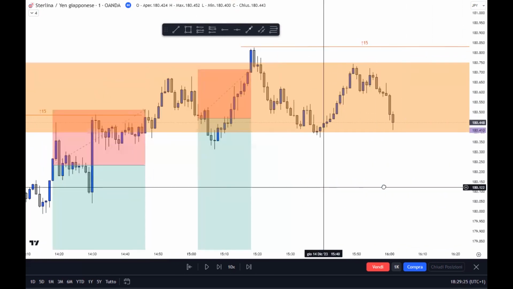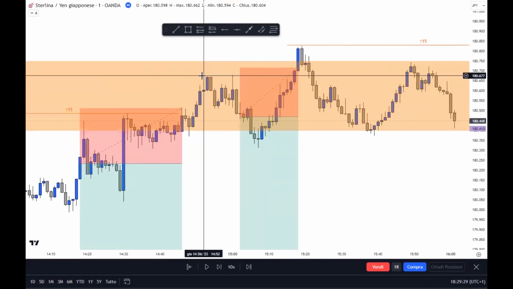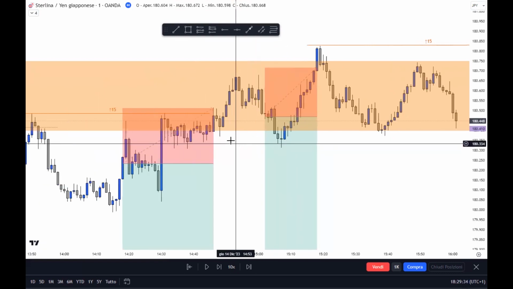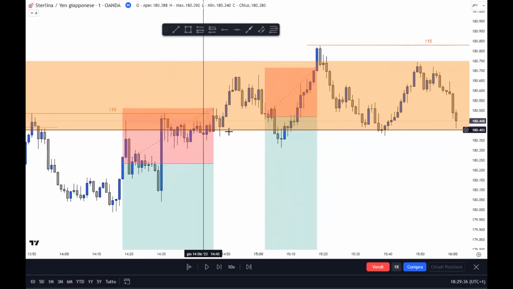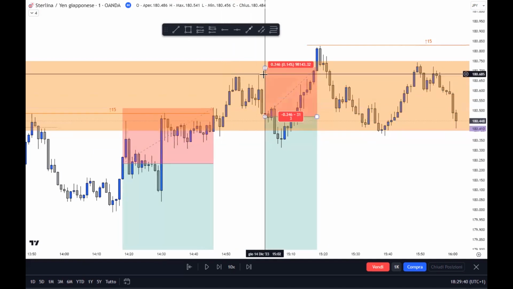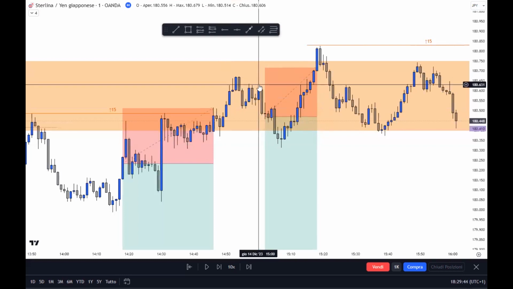But before trying again, we have to follow the rules. The rule is that we have to wait again for the price to break the structure down, right? Because here we have the breakout structure up, right? It goes up, and this guy breaks the structure up because look at the details. The high here is